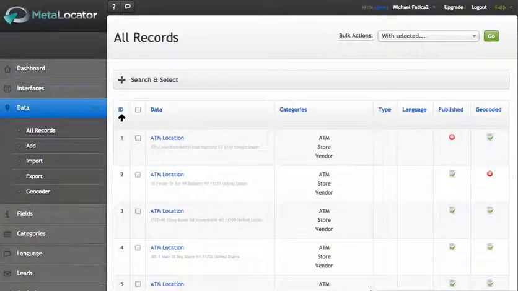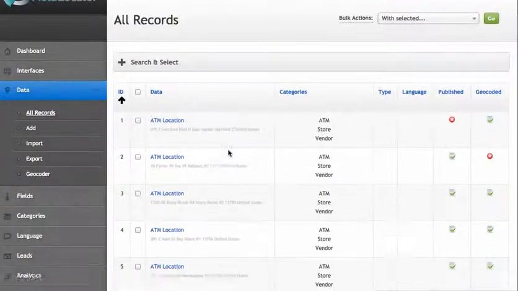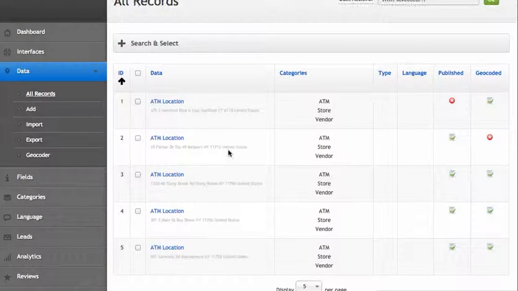The All Records screen is the main area in which you can manage your data within MetaLocator. To get to the All Records screen, click Data and then All Records. By default, it will list your data according to the order in which it was imported, and that is by